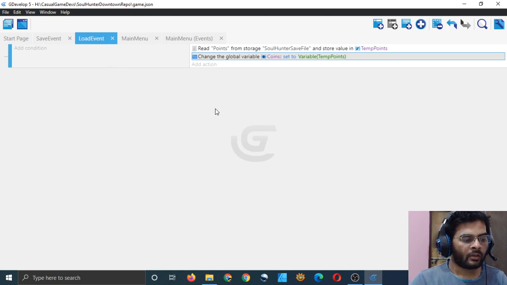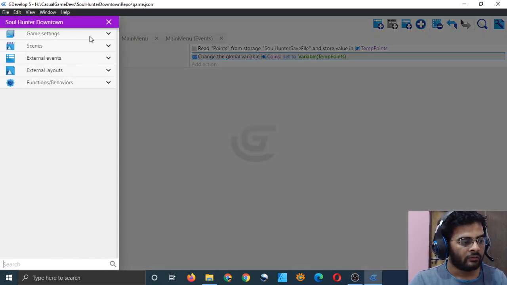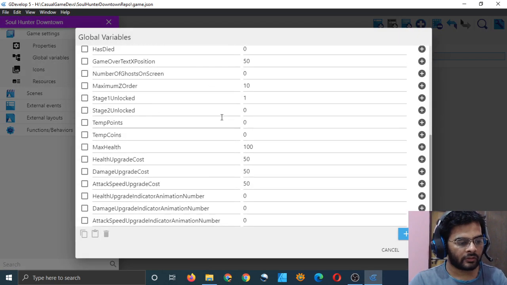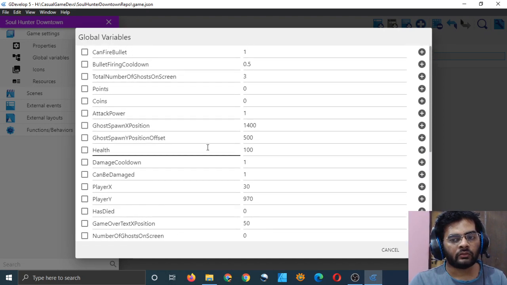This is okay, but because it uses a scene variable, this scene variable may not be present in every scene, and I don't want to take the hassle of making all these variables, because we want to save all this, and we will not be making all these variables again in every scene. That will be bad. We won't be able to do that, right? We just want these variables to be updated every time we save and load something, right?